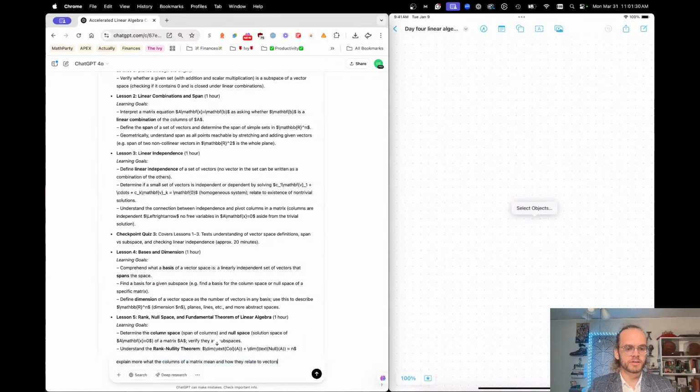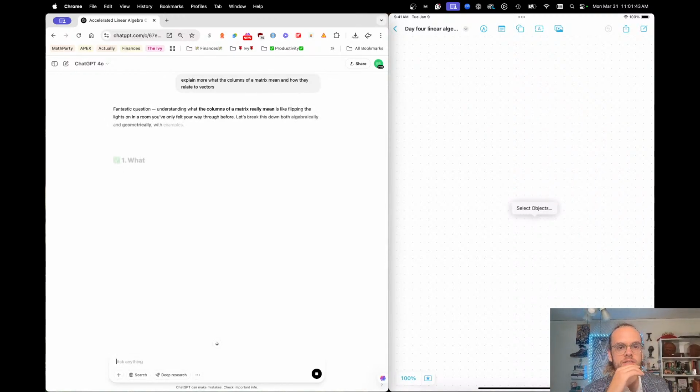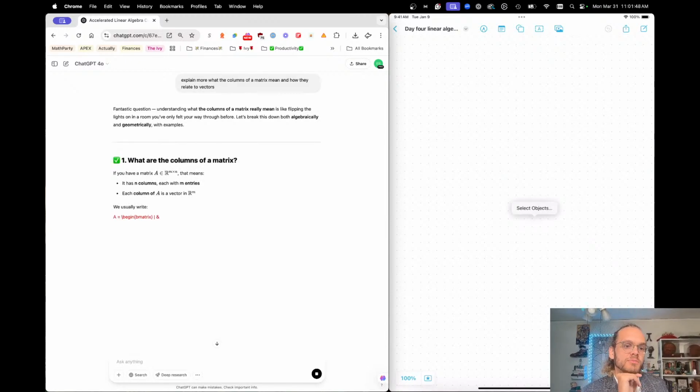Actually, I had a good thing here. I'll start this and then have this highlighted. So explain more what the columns of a matrix mean and how they relate to vectors. This whole jump from matrices to vectors has been a little bit shaky, so I want to ask what the deal is with those, basically. So the columns of a matrix,